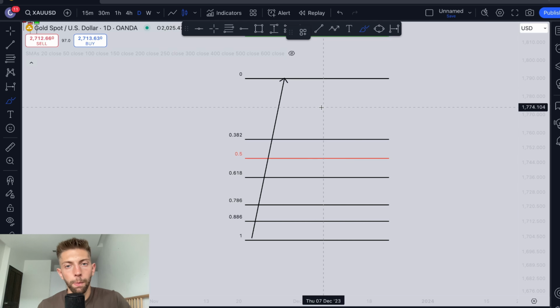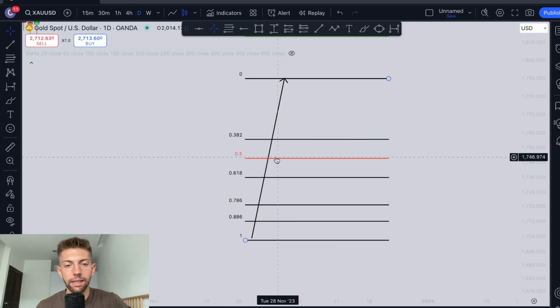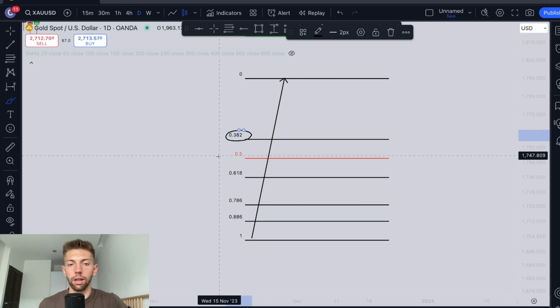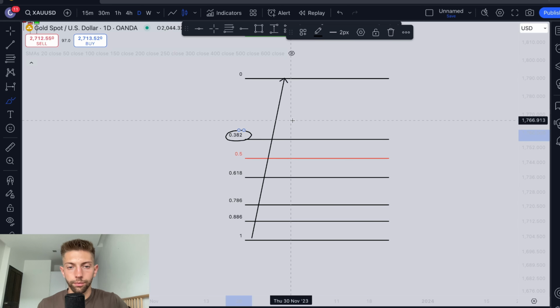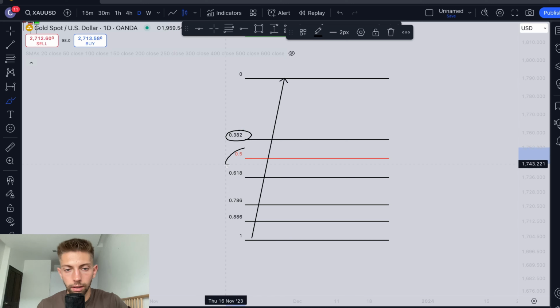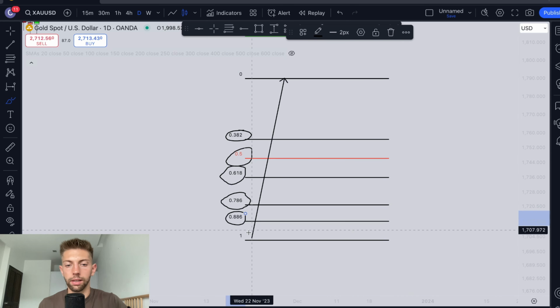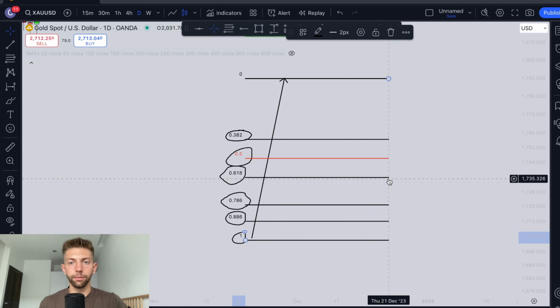So for me, I wanna see at least a pullback to 38.2%, which is our first level to take a trade from. Second level is 50%. The third level is 61.8%. Another level is 78.6. Another one is 88.6, and the last level where I can trade from is the 1, because